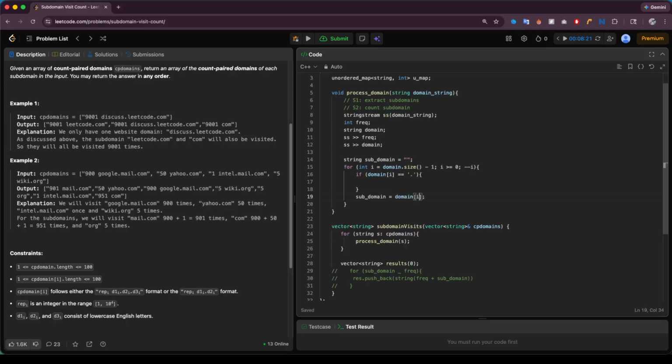So this one is domain plus the subdomain, and in this, we need to check whether or not our current subdomain is already in the hash map. If we already have it, we just need to update the frequency of it, and if we don't, we need to initialize it. So if we find the current subdomain, we're gonna